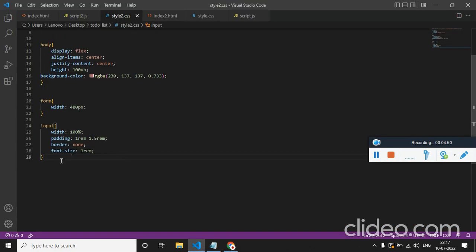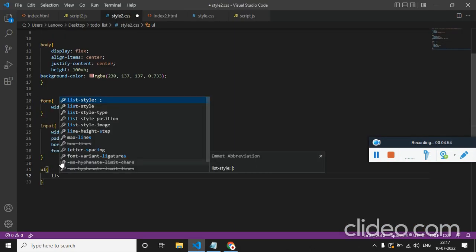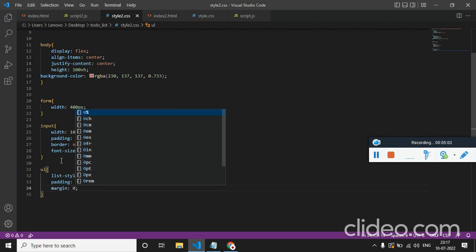Cool. Now it's for the list, unordered list. We want to remove the bullet, so list style none. We need to remove the margin and padding. Padding 0, margin 0. Now if you see,